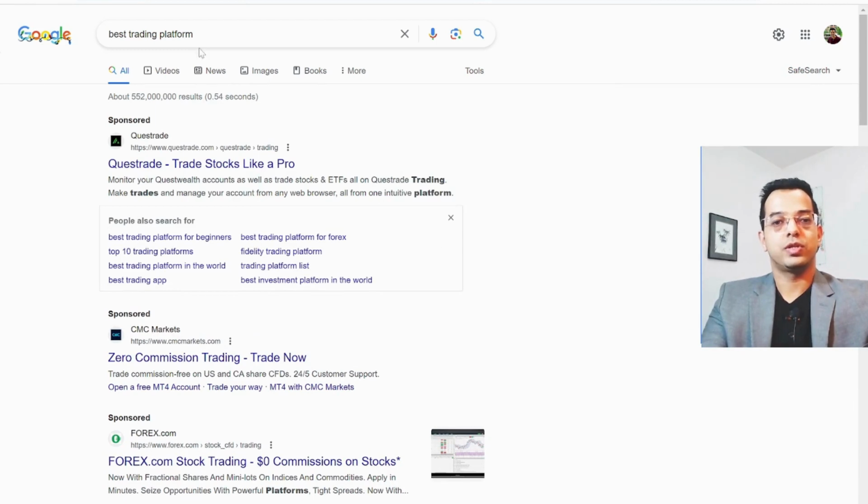So let's say a user comes to the Google search engine and searches something. For example, here he is searching "best trading platform." So on the top an ad would show up. This is an impression of an ad, and if the user chooses to click this ad,